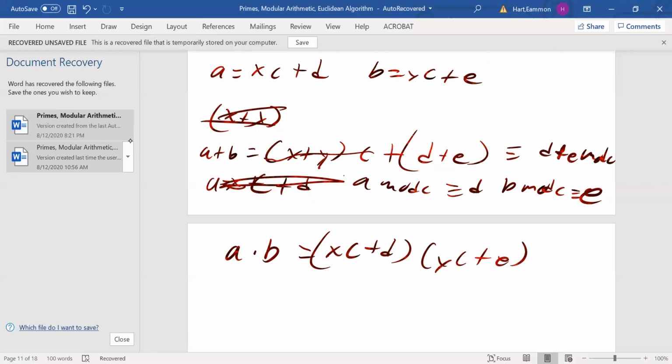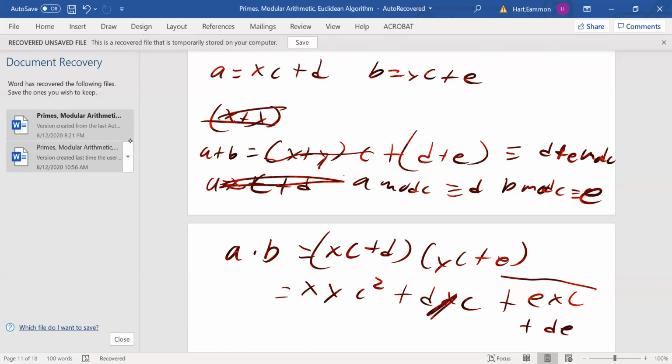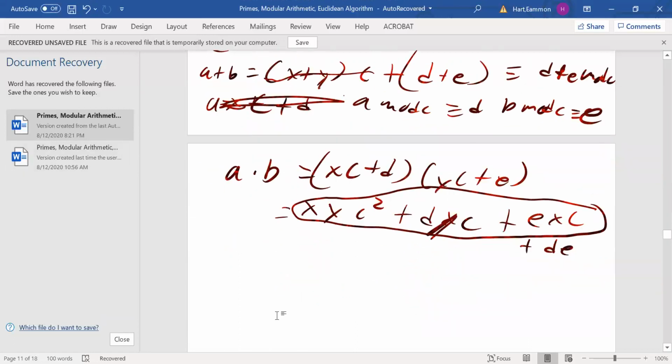So then that becomes xyc squared plus dyc plus exc. Sorry, the d should be attached to yc. Plus de. All of these guys are multiples of c, so when I do the modular arithmetic, they're irrelevant. So that's